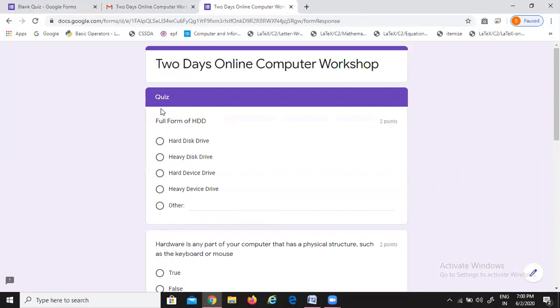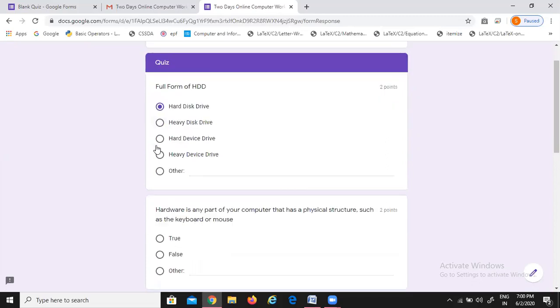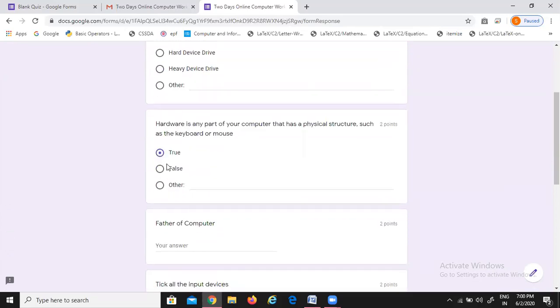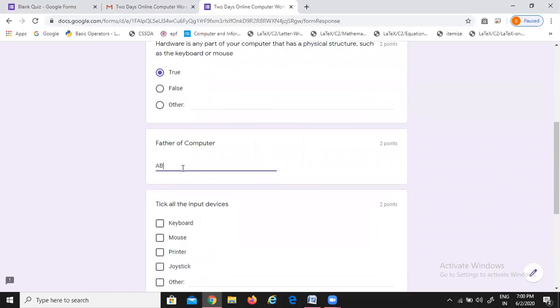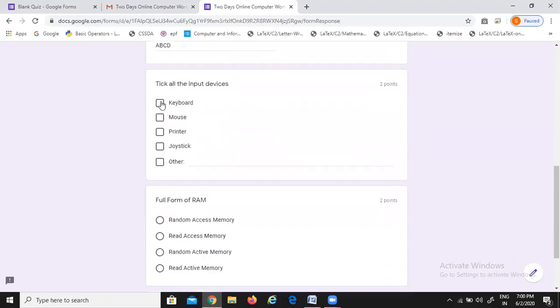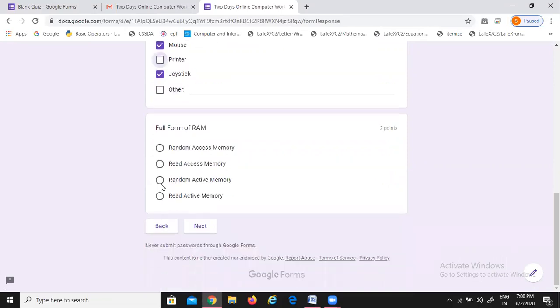Now the participant will see the quiz like this, as an organizer we have added questions along with all the options. Now as a participant I am writing the answers for the quiz, so I'll attempt the quiz. First answer I'll attempt as hard disk drive, then second is true, then if I don't know the answer, for reference I'm just opting for the wrong answer. Then this is the answer for the fourth question and I'm again marking this question as wrong, just for reference.